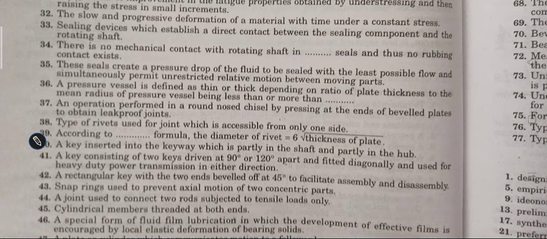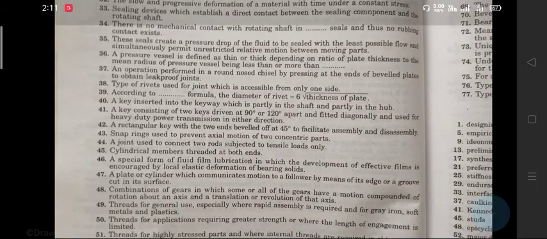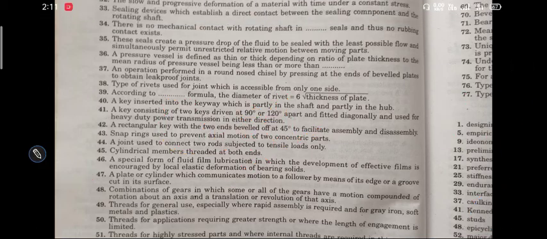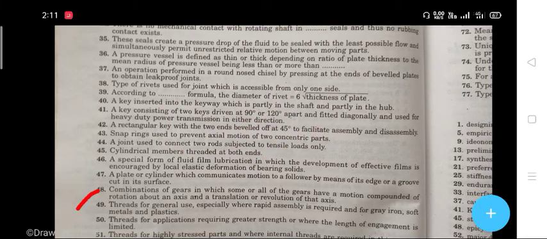Next question, question number 47 is that a plate or cylinder which communicates motion to a follower by means of its edge or a groove cut in its surface. The right answer is cam. Next question, question 48 is that combinations of gears in which some or all the gears have a motion compounded of a rotation about an axis and a translation or revolution of that axis. The right answer is epicyclic